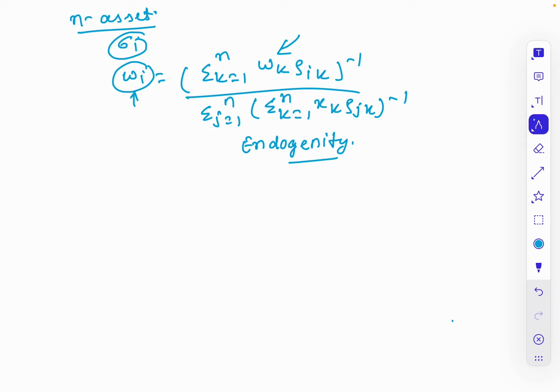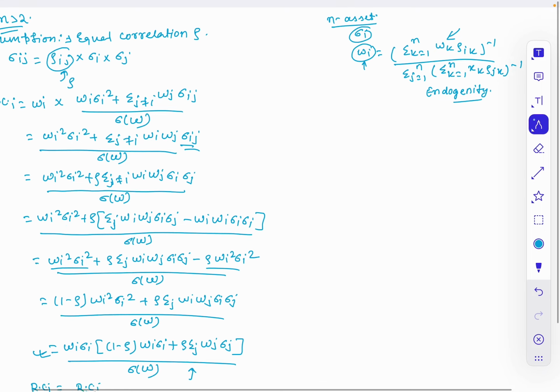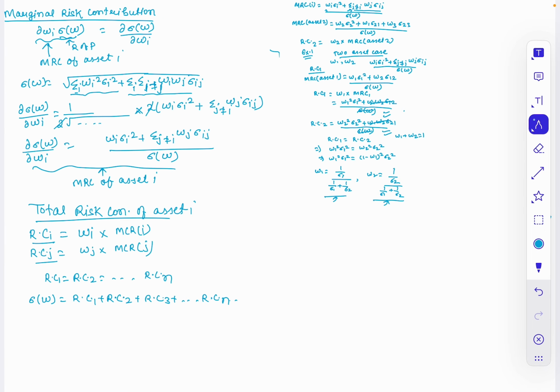Okay, so by now I hope you understand the various things, and I suggest you derive 2 to 3 parts that I have shown in the lecture. The first thing is to derive the formula for marginal risk contribution, taking 2 or 3 assets. Take 2 assets and find the formula for marginal risk contribution from scratch. Now we have seen the risk parity case of the 2 asset case, right?